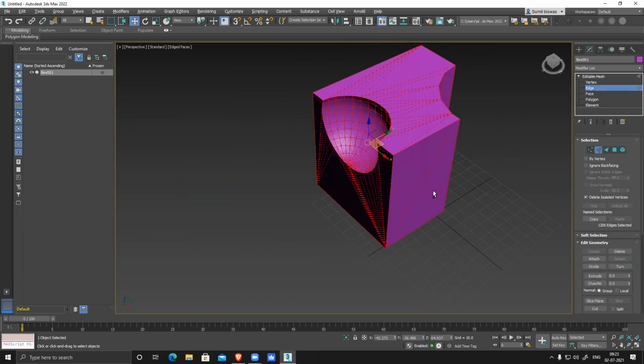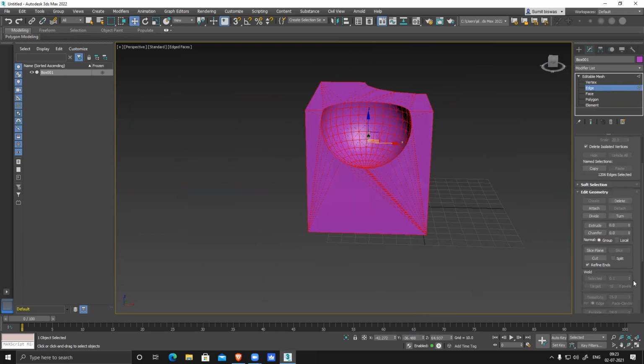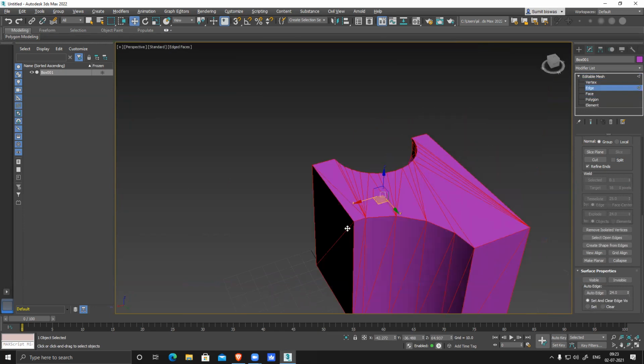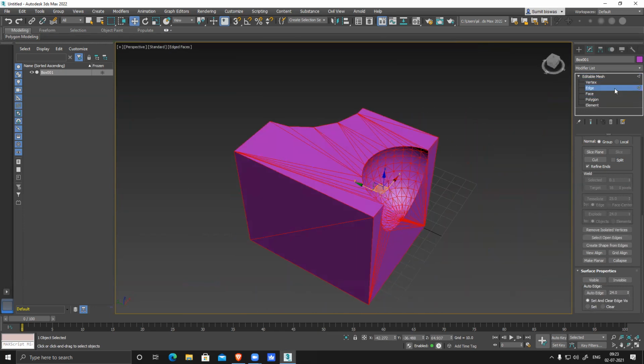So it selects all the edges, but it's selecting this also. Okay, let me make it visible so that I can see all the triangles. All the triangles are visible.